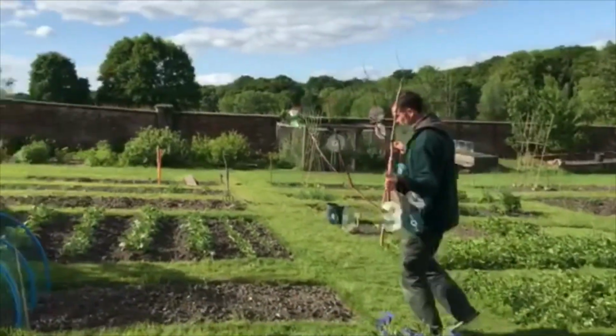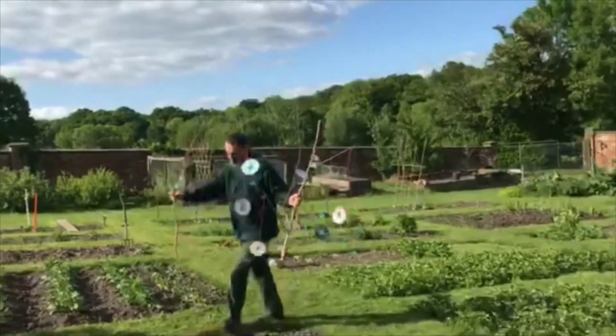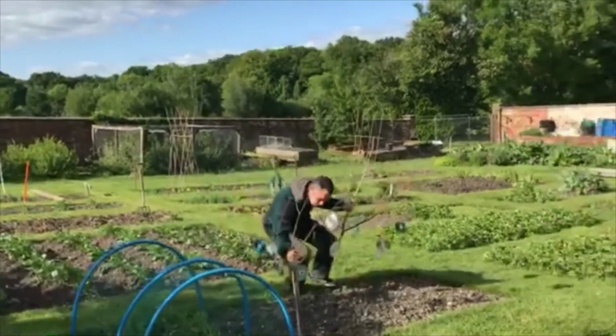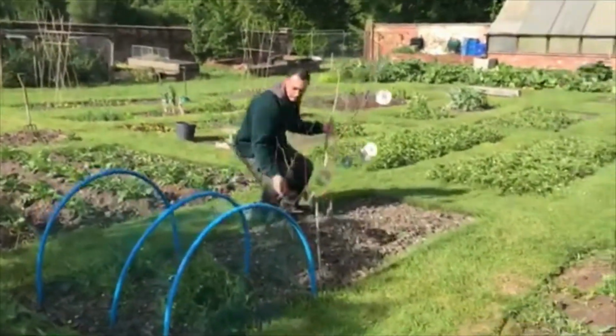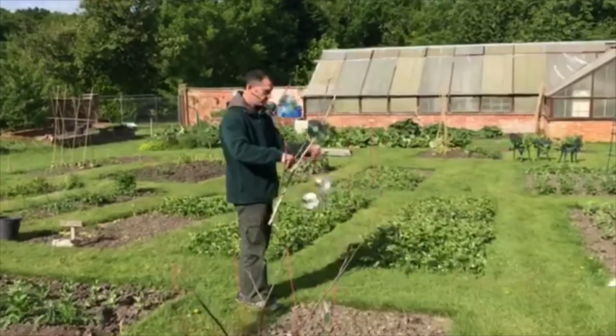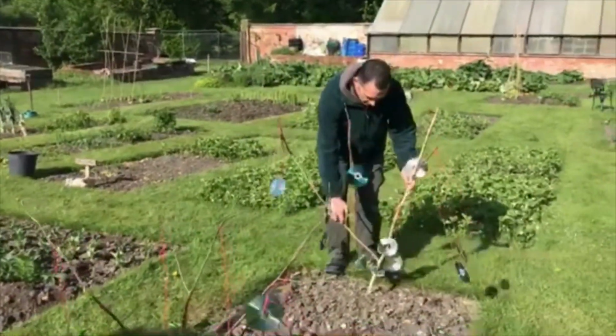Here we are. We put one end of our row, we've got rows up and down in here. It sits in the ground, it's not going to go anywhere, they move about in the wind, and with a bit of luck,